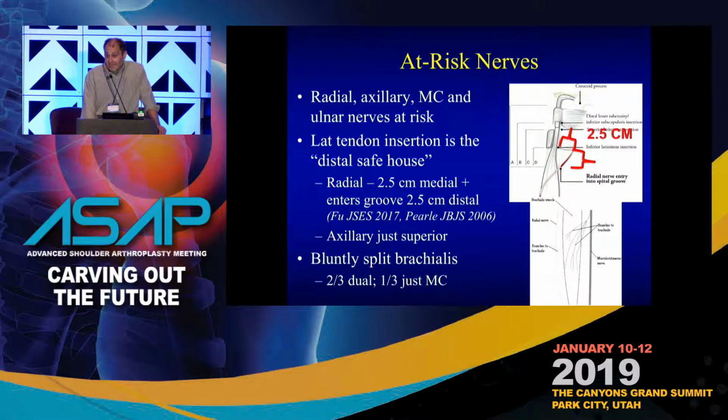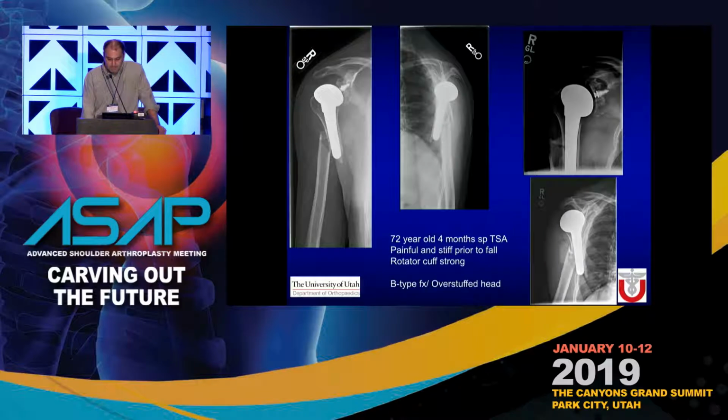We also know the axillary nerve is just superior to the upper border of the latissimus, so the lat tendon is the optimal place to work around the humerus. More distally, you want to bluntly split the brachialis and avoid the branches of the musculocutaneous nerve proximally and the radial nerve distally. Here's a case, 72-year-old, 4 months status post a total shoulder that was done by someone locally